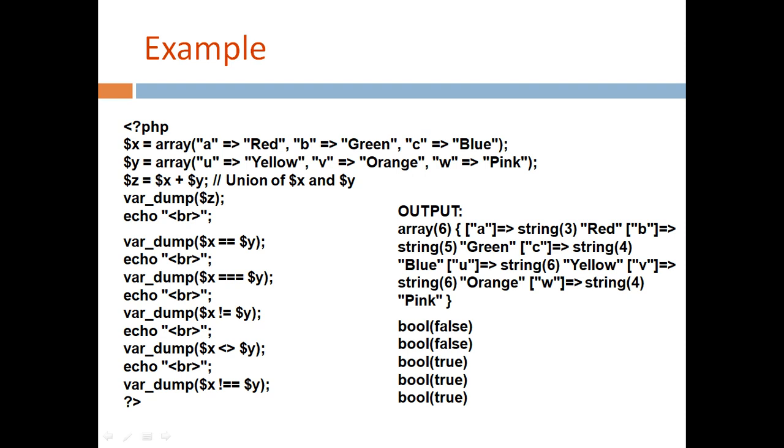Next is x equal to y. They are not equal because all are different. So the Boolean output is false. Next, are they identical? Though there are only 3 parameters, they are not of the same type and value. So it returns true. Sorry, false. Then x not equal to y. This is true because all are different. So it returned true. Then x non-identical to y. Again, this is not identical actually. Here also they are not identical with the data type as well as with the value. So it returned true.